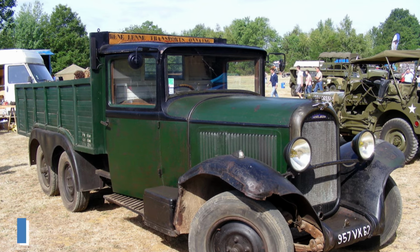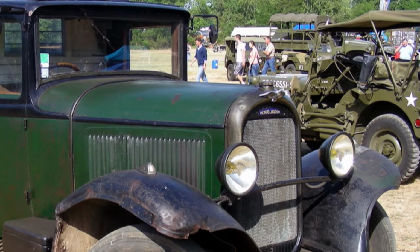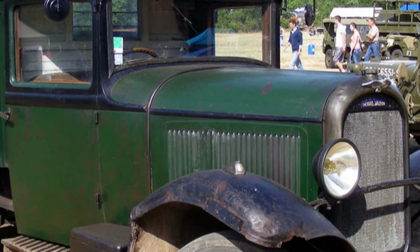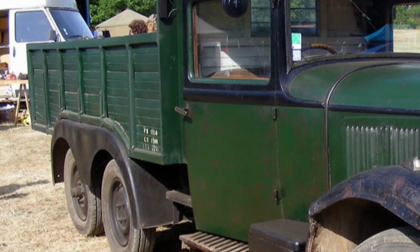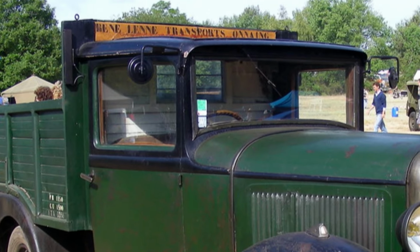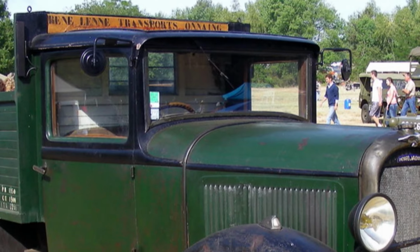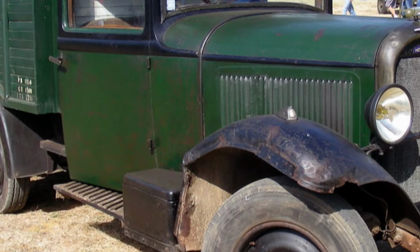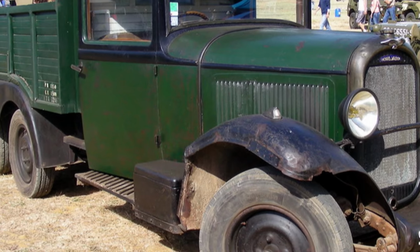Number 9. Chenard-Walcker Type Y. Chenard-Walcker is a name that doesn't come up often in truck discussions, but their Type Y truck, built in the 1920s, was an important vehicle for its time. Chenard-Walcker was primarily known for its cars, but the Type Y was a successful attempt at building a durable medium-duty truck. The Type Y was powered by a 4-cylinder engine that produced around 45 horsepower, making it suitable for city deliveries and light hauling. Its fuel consumption was around 15 miles per gallon, which was considered efficient for a truck